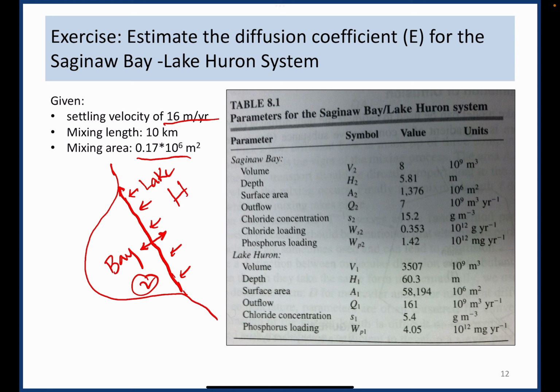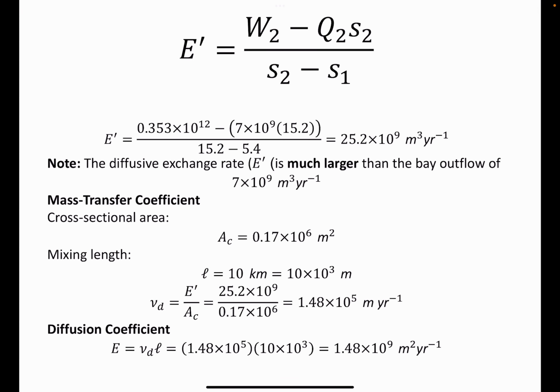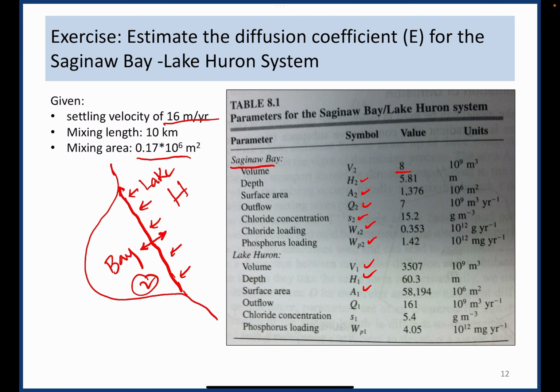He has the bay, and this is from the book. You have the volume, 8 10 to the 9 meter cube. You have depth, you have surface area, you have outflow, you have chloride concentration, you have chloride loading, and you have phosphorus loading, and you have volume, depth, surface area for the lake, and everything else is listed in this table. Let's find out, since we will be dealing with,